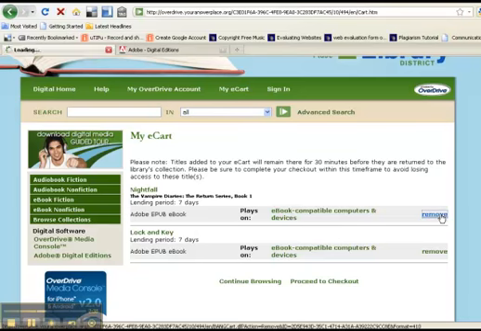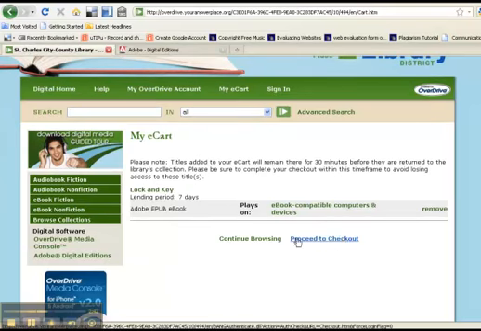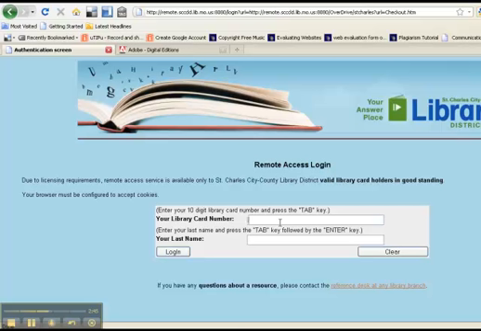I've decided that I really don't want Nightfall, so I'm going to remove it. And then I've still got Lock and Key on here. I'm going to proceed to the checkout, and then it's going to ask me for my login information. And that is going to be for my library card number. So I'm going to go ahead and put in that information, and I'm going to hit log in,